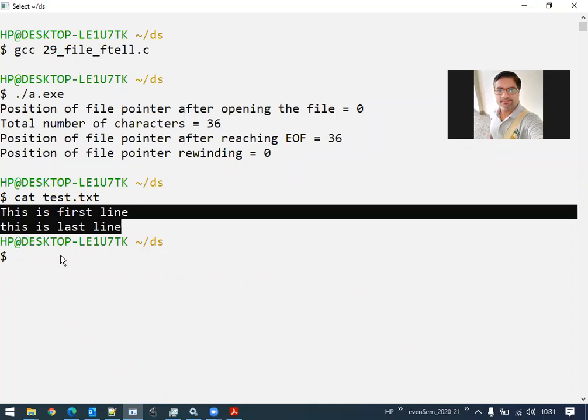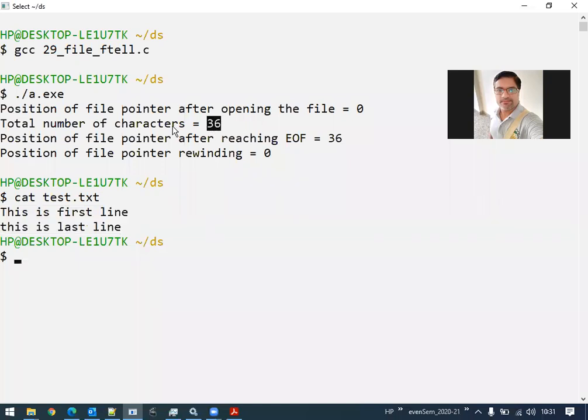Okay, now I have a question here. Let's see how many of you can answer. If you remember, what I told just now was that since there are 36 characters, it has counted 36 characters, and the file pointer is pointing at 36. ftell is returning 36 here. And I said this 36 is nothing but the position of the end of the file.